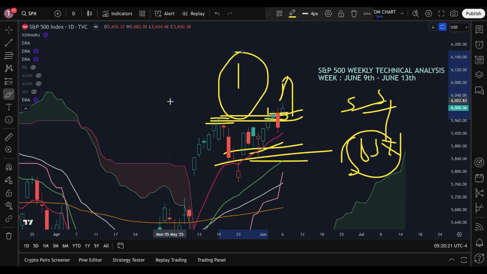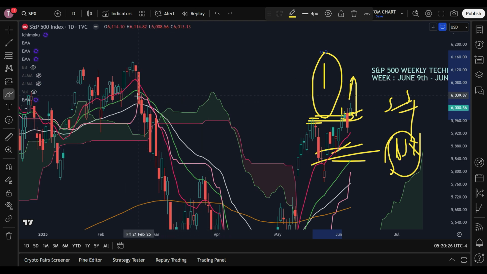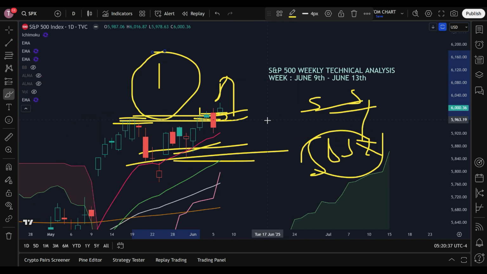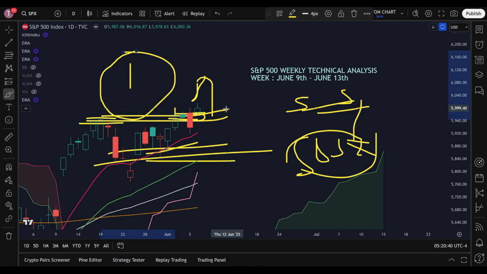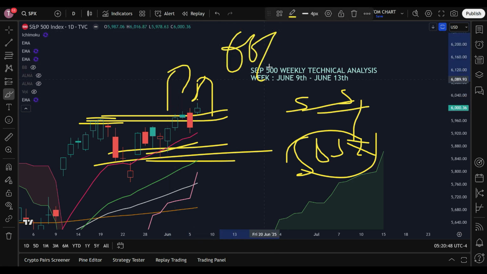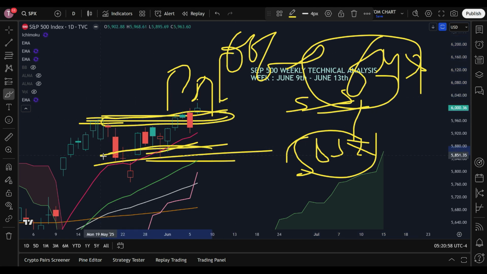This was the very first time in the last many weeks, months. The last time this was seen was in February. After February we have not seen the S&P 500 holding and closing above the confluence zone. So that is why this confluence zone has now become very important. This means any fall, when the S&P 500 moves up, either from 606x or from near the 6147 all-time high, any fall will be handled by the confluence zone.